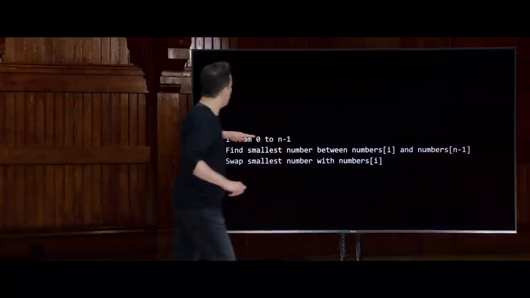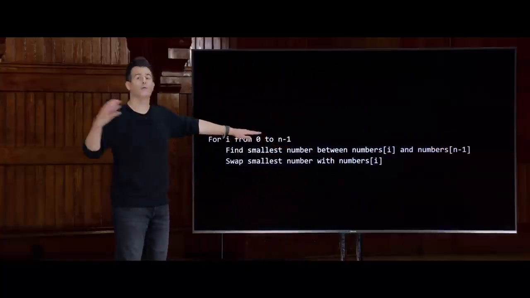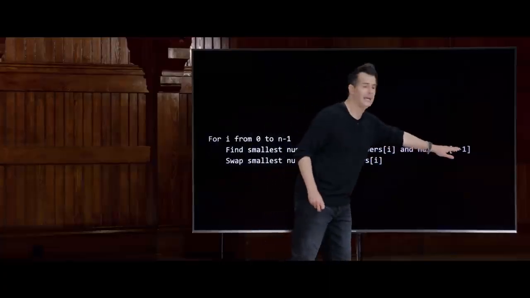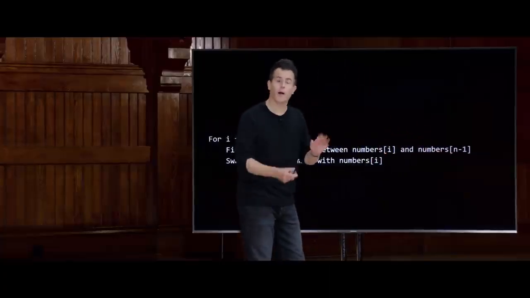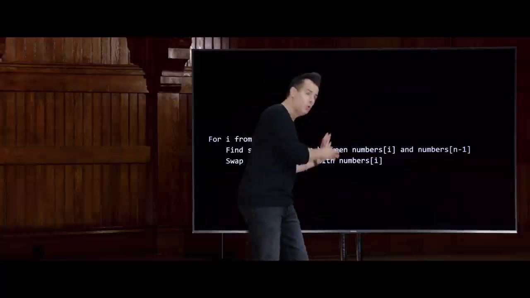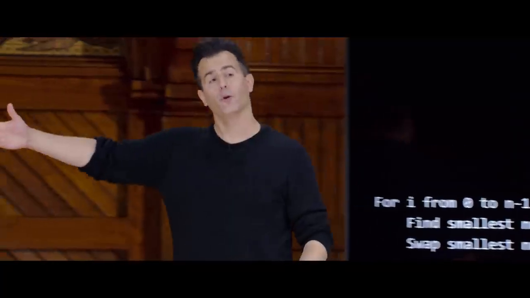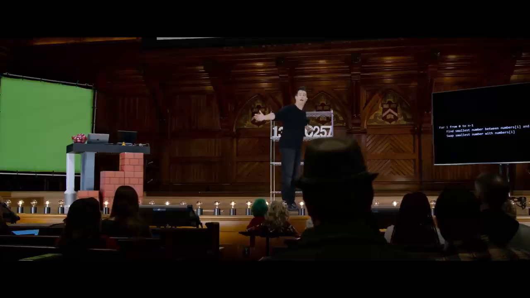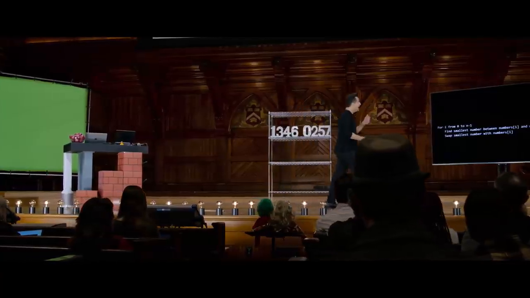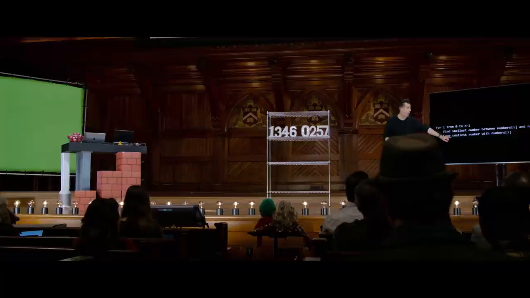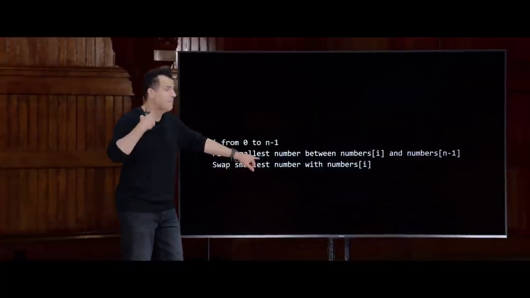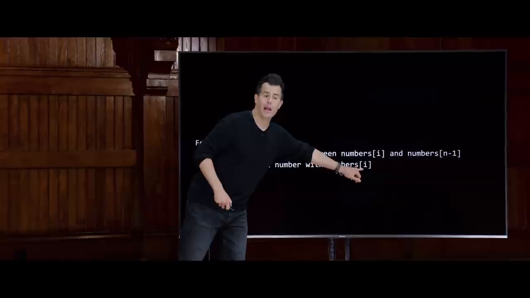So in other words, if you start counting i at 0, like any old for loop in C, you're going to compare everything between bracket 0 and bracket n-1. Then the next time around, you're going to compare everything in bracket 1 through n-1. Then bracket 2 through n-1. And that's why in the first algorithm, I was able to ignore everyone I had sorted behind me already. I was constantly shrinking the problem. And as soon as I found the smallest element, recall with our volunteers, I swapped that smallest number that I was remembering in my mental variable with numbers bracket i.